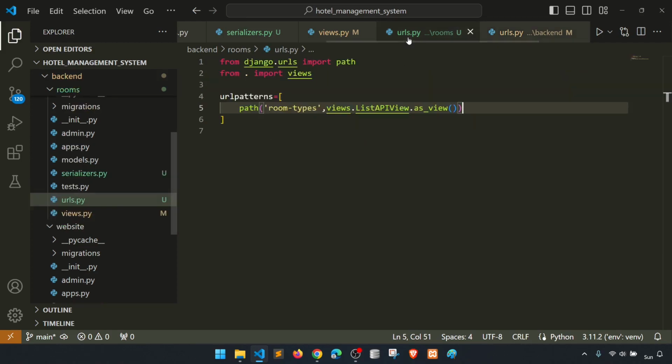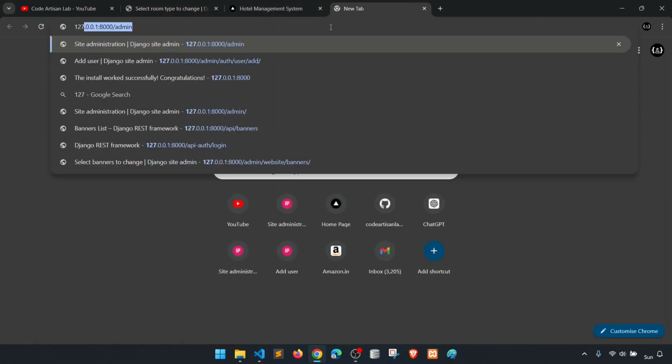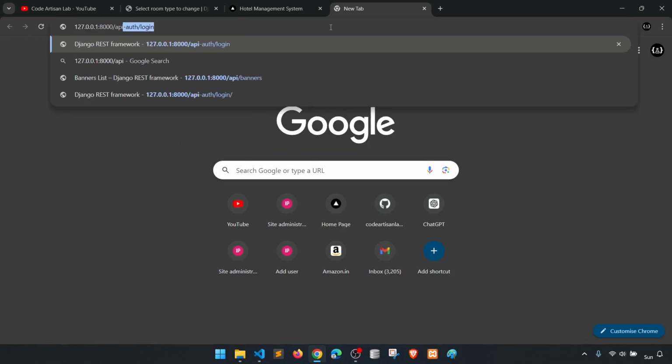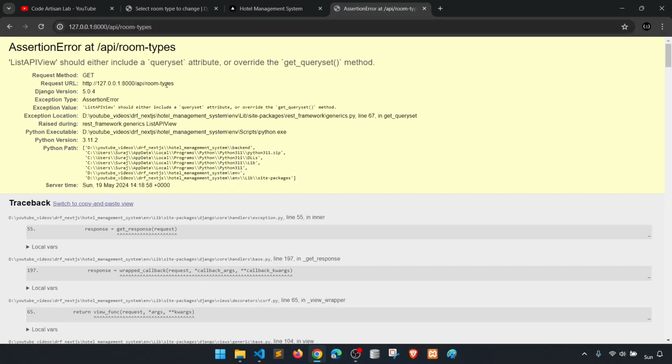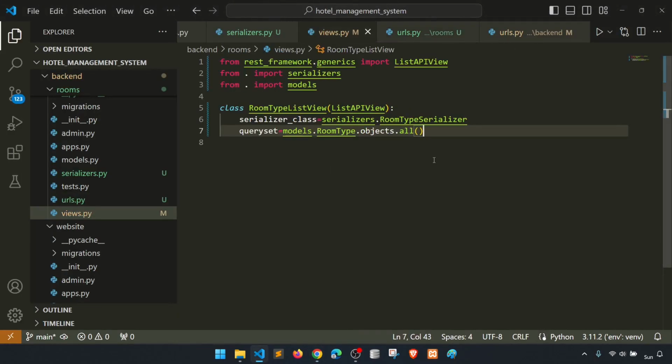All right. Now /API/room types, it will fetch all the room types, right? So let's check it. Let's remove this actually, just like this. All right. So if I go to 127 admin API/room types, include query set or get query set method. Okay, so let's go here. Query set. Why this is not working? So I will say query set equal to,